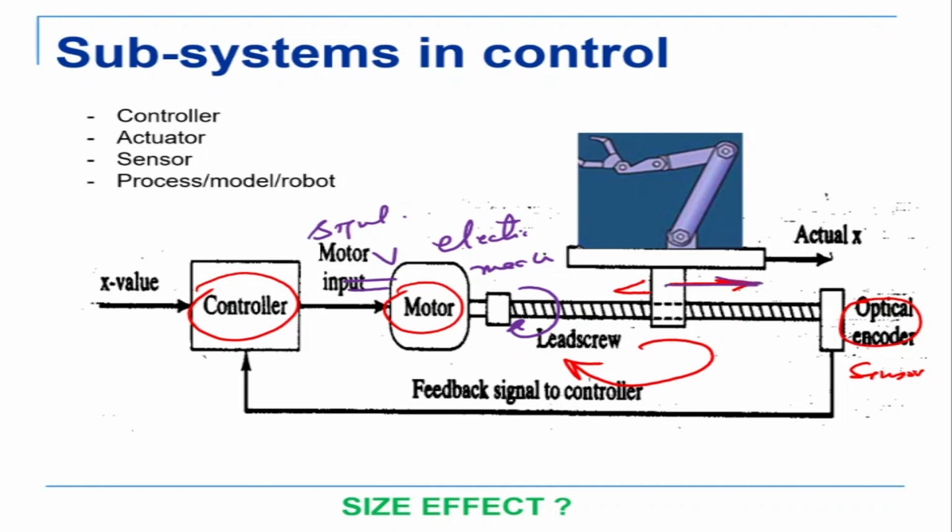link moves, and when the link moves, the position of the link is sensed by the sensor, and there is a feedback, and the sensor again converts mechanical energy to electrical energy, and this electrical energy is fed to the controller. Now the controller is essentially an electrical device, whether it's a microcontroller or a PC, or it can be an FPGA or a DSP. It is essentially an electrical device, so it understands electrical signals only. So the output from the controller will be an electrical signal, and hence what you're giving as input to the controller also should be an electrical signal.